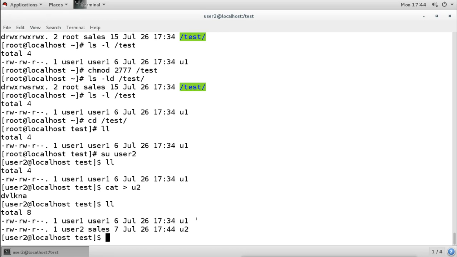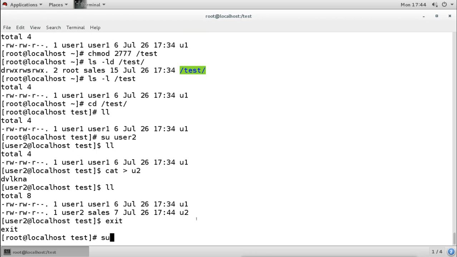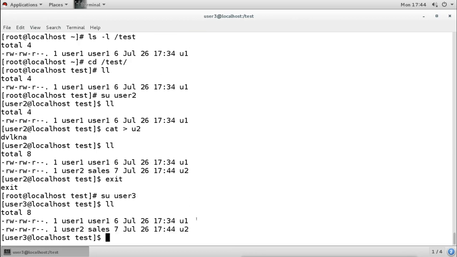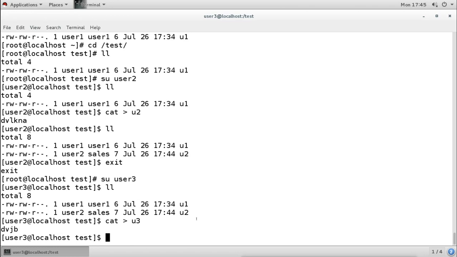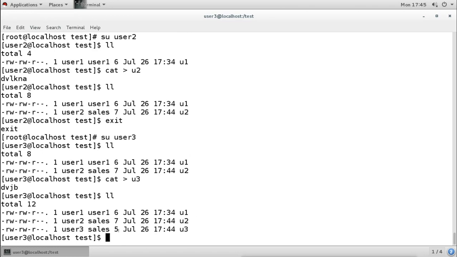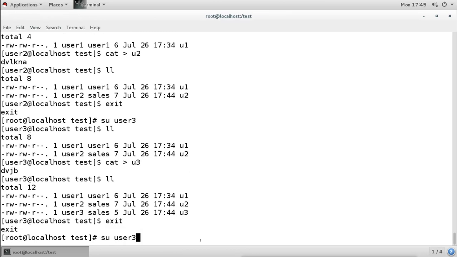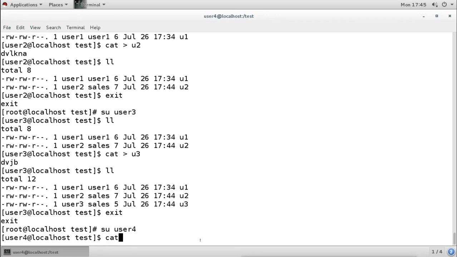So no matter who creates it, for example user 3 creates it, the owner will remain user 3, but you can see the group owner is again the owner of this directory. If user 4 comes and creates a file, it will be the same thing.